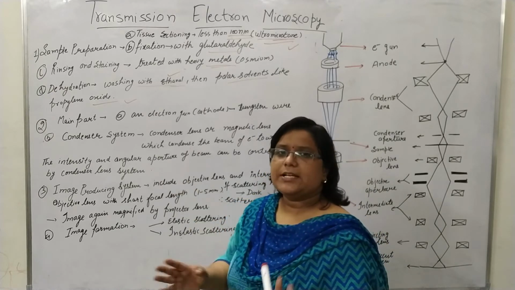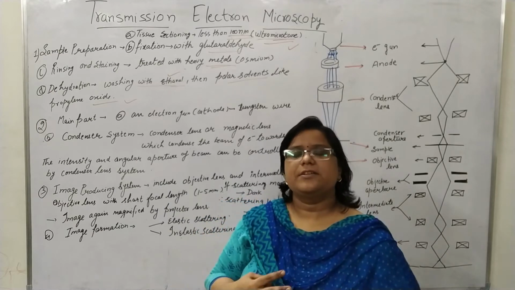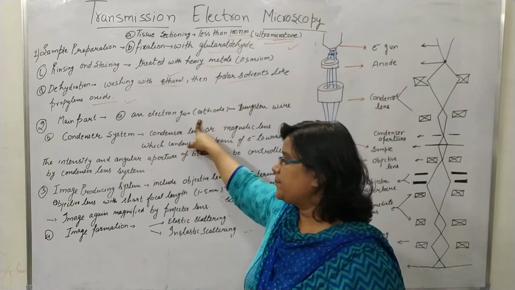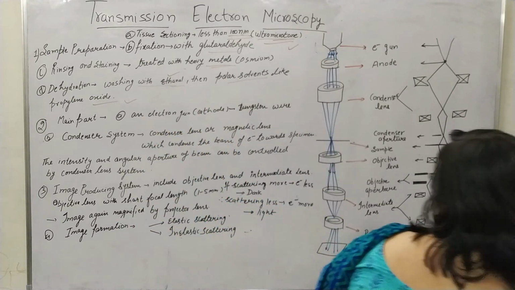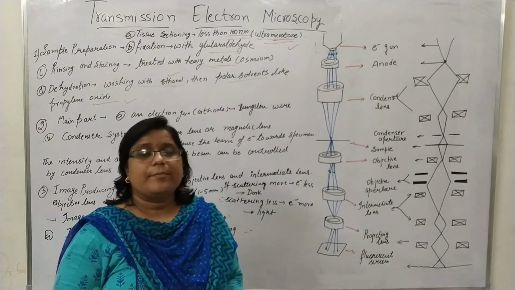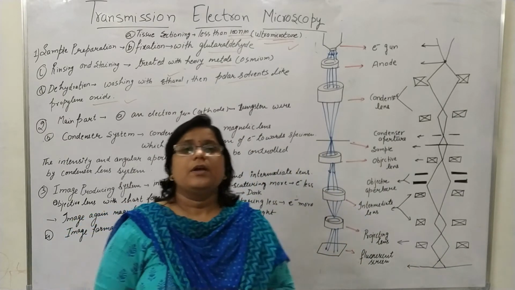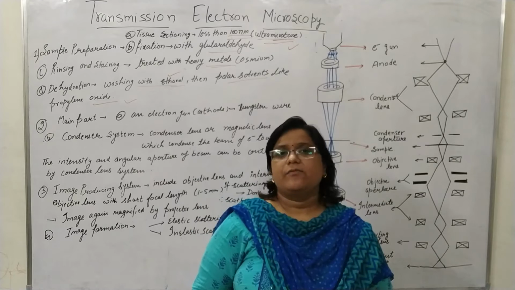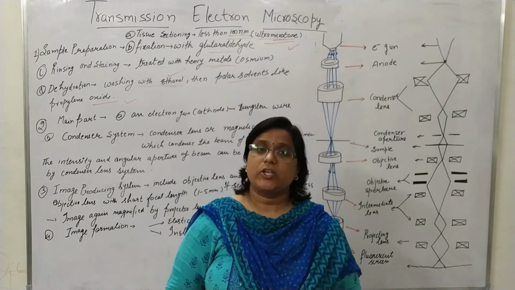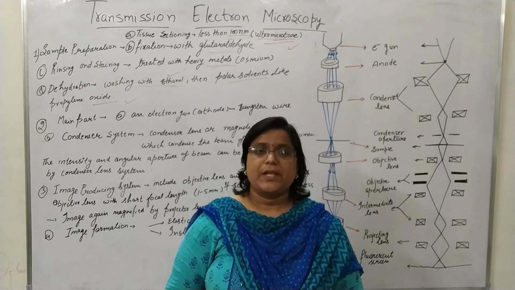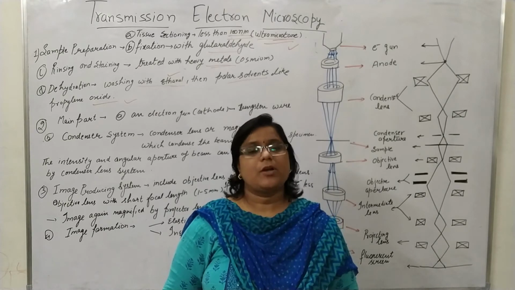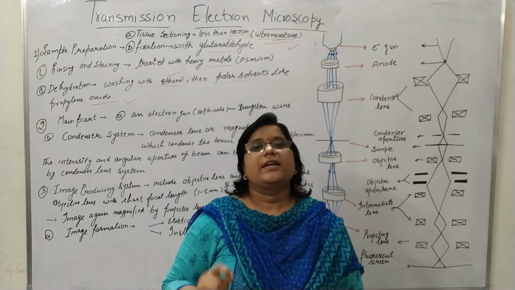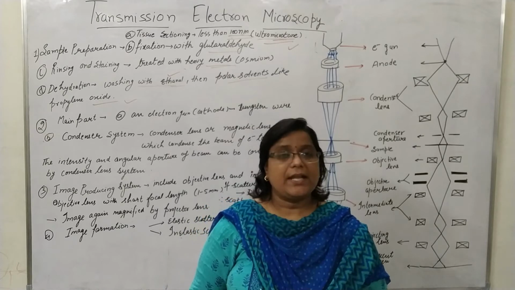So in between the lecture we will see what is the difference between SEM and TEM. Now the main part is the electron gun, as in the SEM we also discussed that the main part is the electron gun. Just before starting the main part, the main thing is that we have to maintain the vacuum in electron microscopy, either it's a TEM or a SEM, because we have already discussed that air particles can interrupt the electron beam, so it is compulsory to maintain the vacuum.